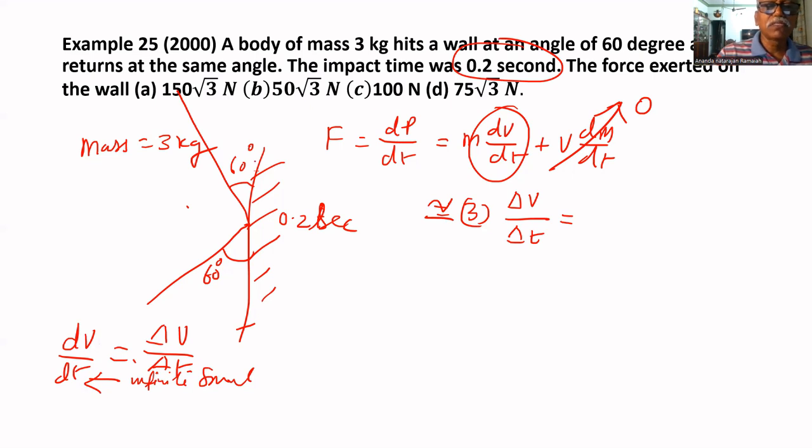Here, we have to resolve this into two components. The velocity hits the wall at 60 degree and returns at the same angle. That's why we have to put